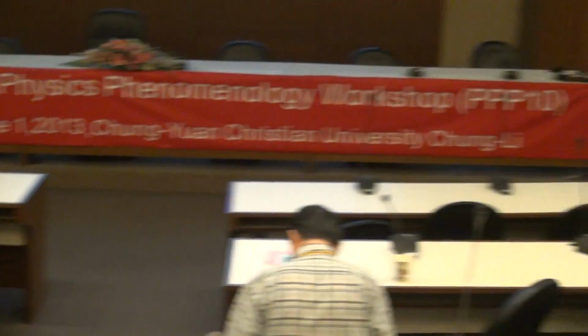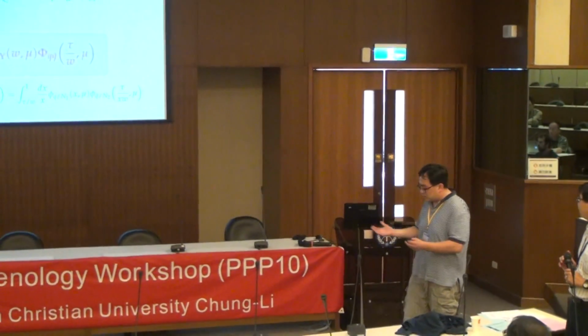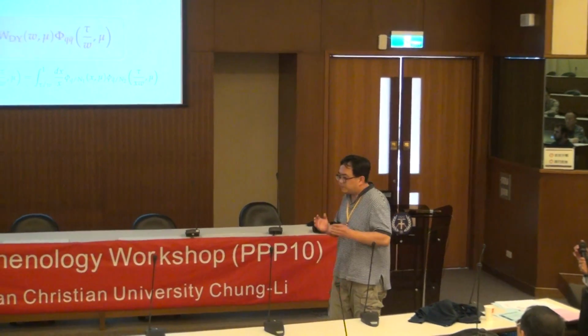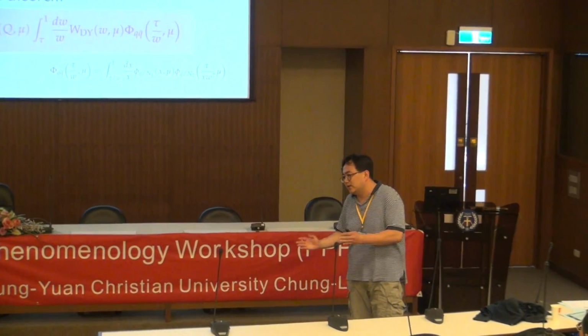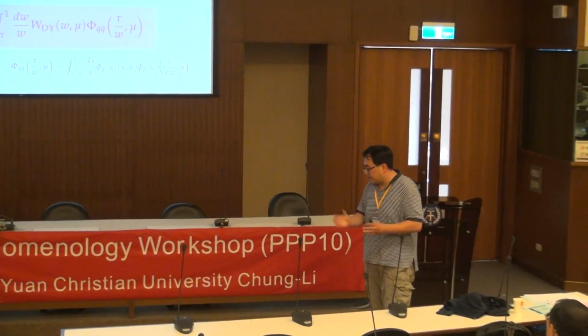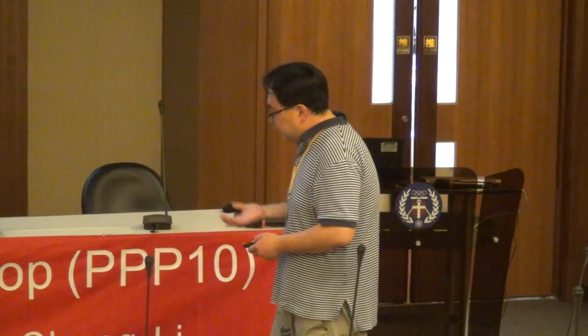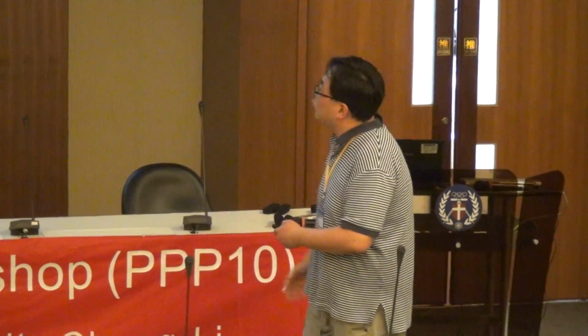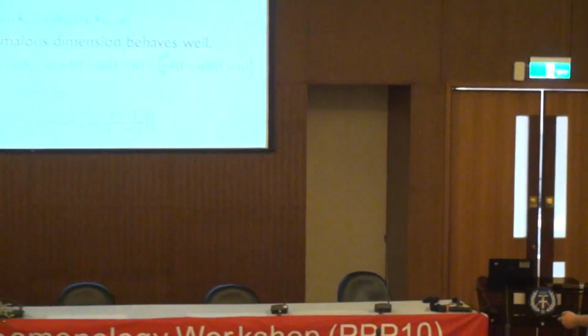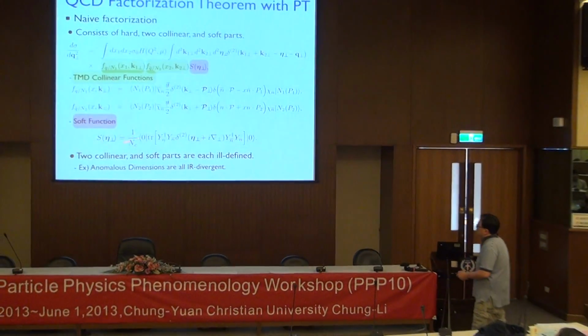Actually, in their approach, they just introduced the transverse momentum dependent parton distribution function, right? So they argue that this state covers all the relevant momentum region. Here, when they construct that kind of collinear function, they just subtract the soft part. But this soft part, for example, here, they divide the